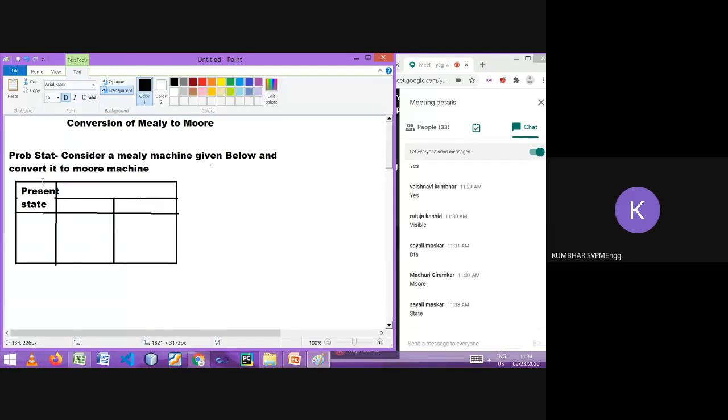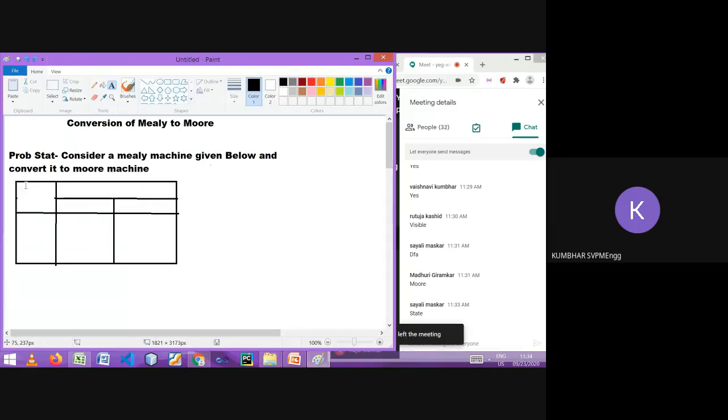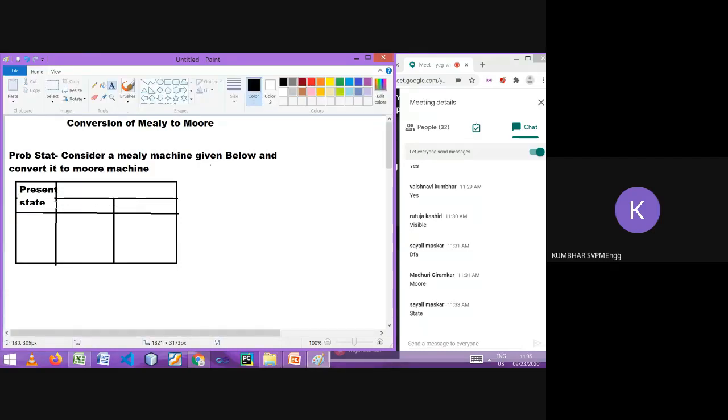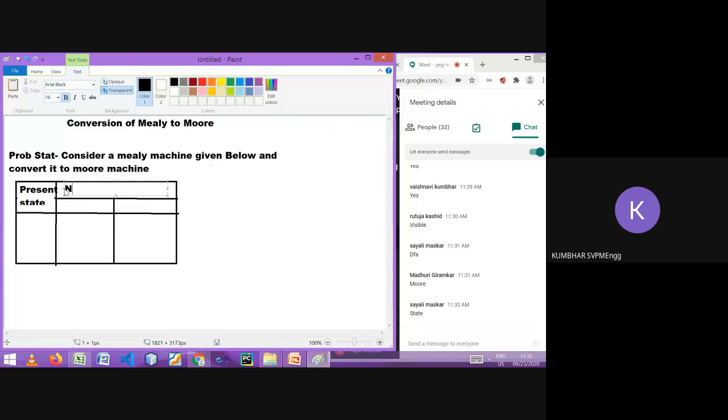And the next part is, sorry, that is the present state, and this is the next state, comma output.